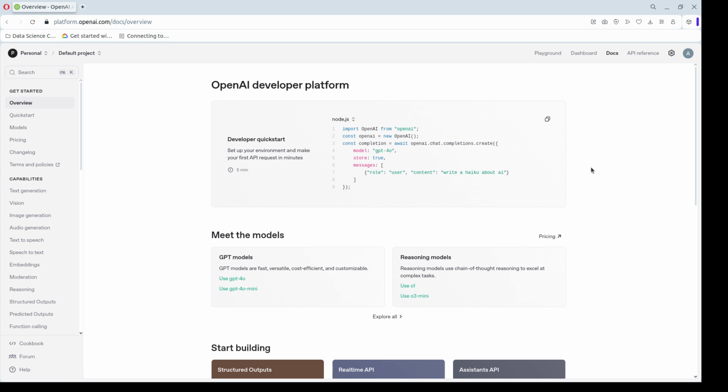I am not sure it will work or not, just because it provides the OpenAI key, but we did not purchase it. So we will check it later, whether it is working or not. If it is not working, then you need to purchase it. So the initial amount is $5, so you can purchase it and then you can try it, whether it is working or